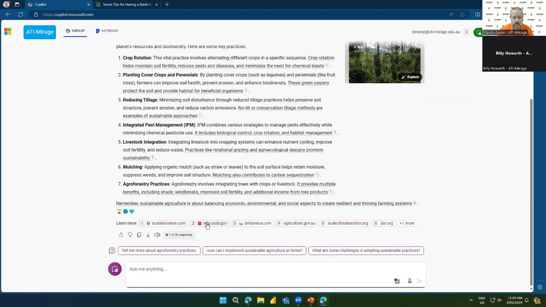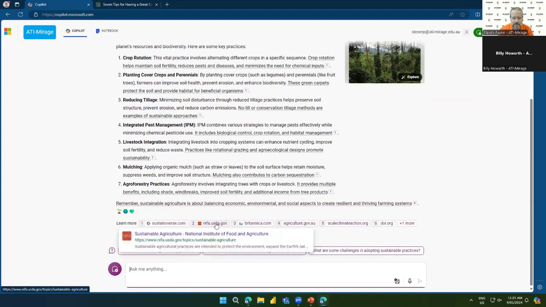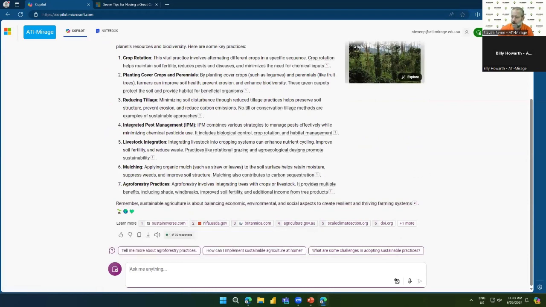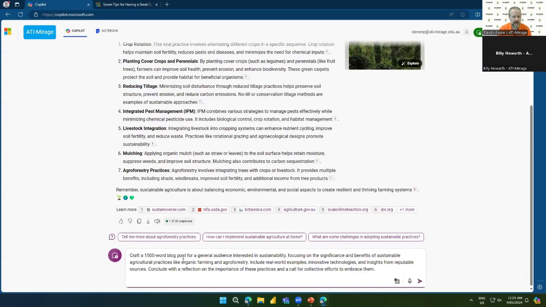responses. It tells me all of the different websites it's gone to. Now I can see there's some from the USA, so maybe I want to restrict it to Australia or Western Australia. But I just iterated that a few times and I came up with this question now. So let's compare the one I had above with